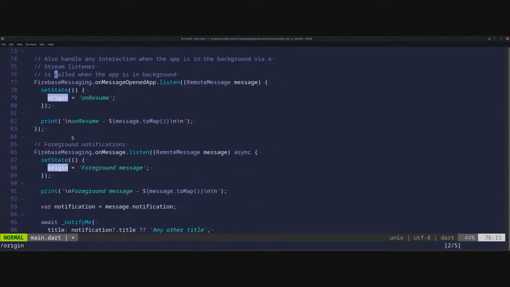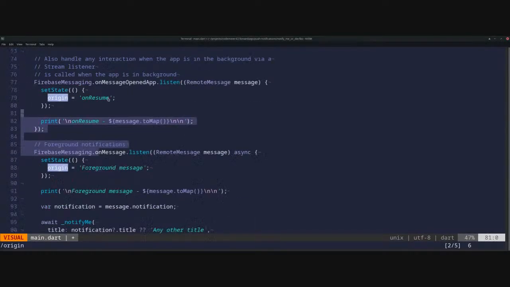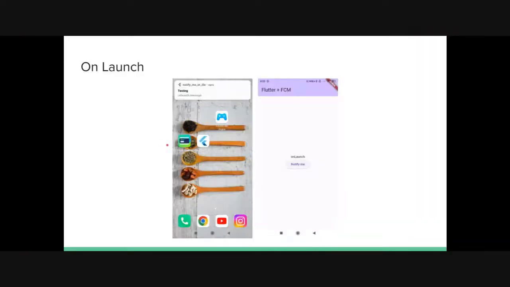Setstate, and depending on how I open the app or how I tap the notification, it will just change this variable. And this variable is in a text here, in this widget. And that's it. So when I tap here, it opens. If it was closed, it gets opened. And on launch here,